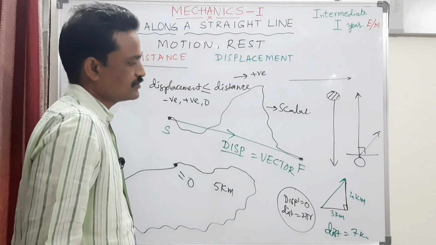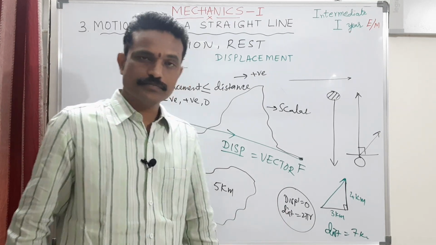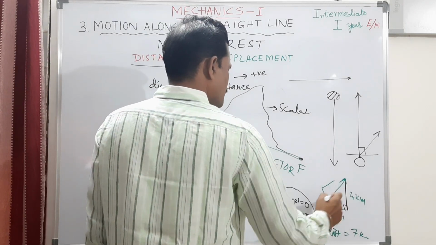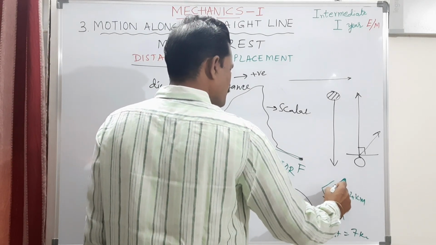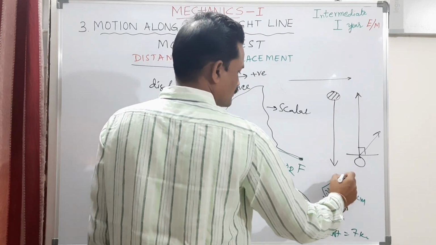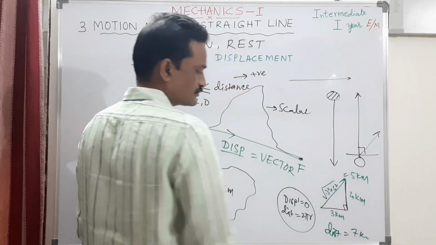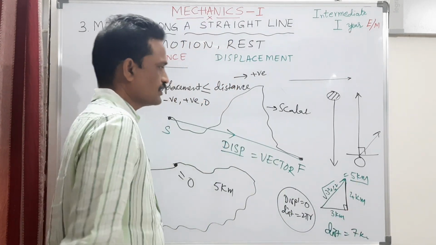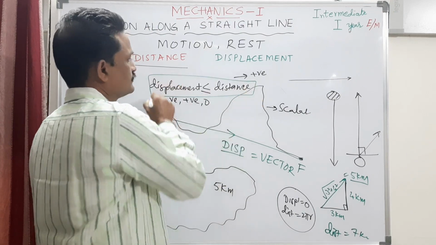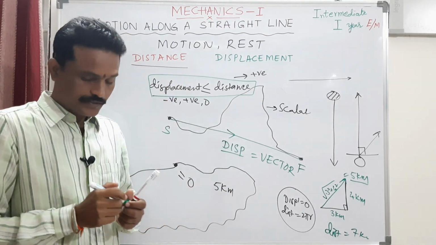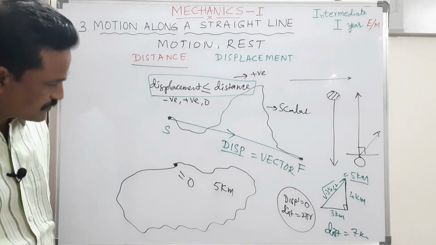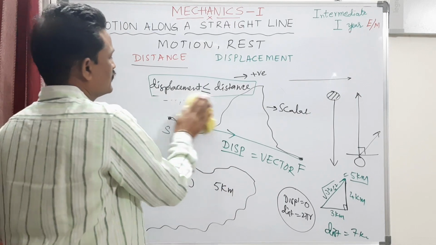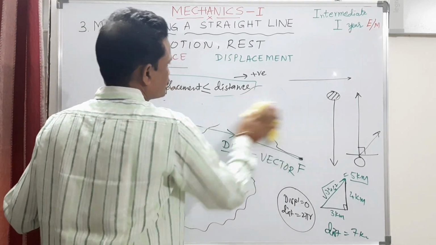You have to make use of vector addition that we discussed in the previous videos. So this is a right angle triangle. So I have to take 3 square plus 4 square. That comes out to be 9 plus 16, under root 25. So this is 5 kilometer. See, your distance is 7 kilometer and displacement is 5 kilometer, which is following this rule. Right. Both distance and displacement are measured in meters in SI units. In general, we use kilometers, right?